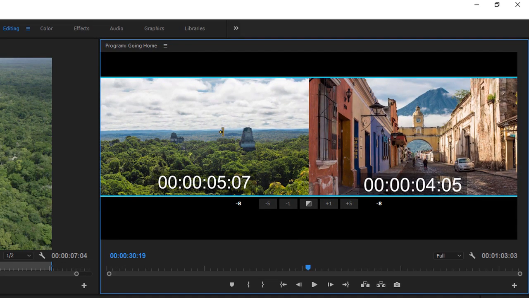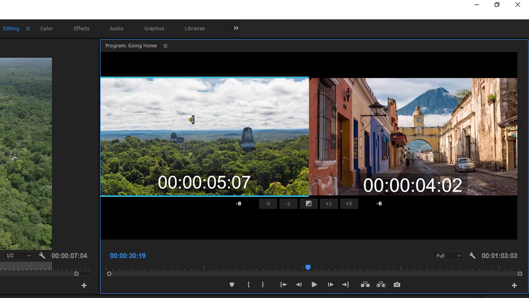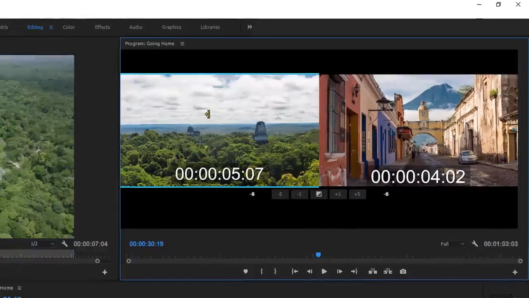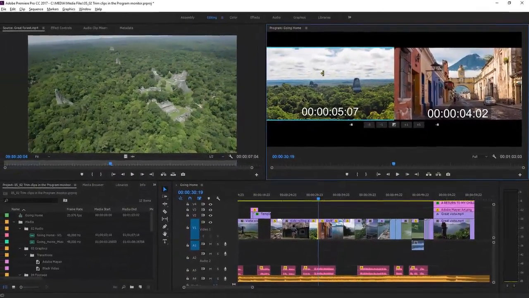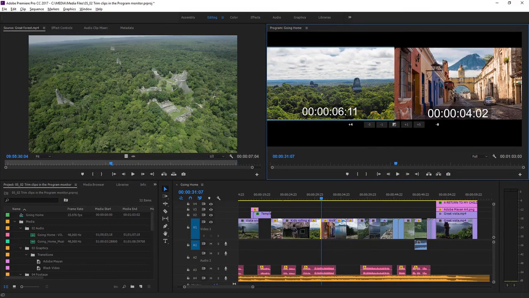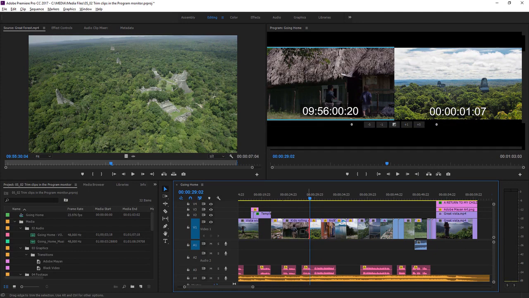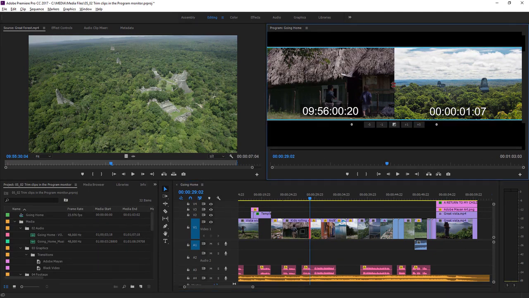Notice as well, if I now click on the left side of the program monitor, I've got a yellow arrow, not a red arrow. The yellow trim cursor indicates that it's going to be a ripple trim. I'll just click and drag, and you can see everything moves on the timeline. Let's try this with a longer clip. I'll double click to go into the trim mode, and up in the program monitor, I'll choose the rolling trim,